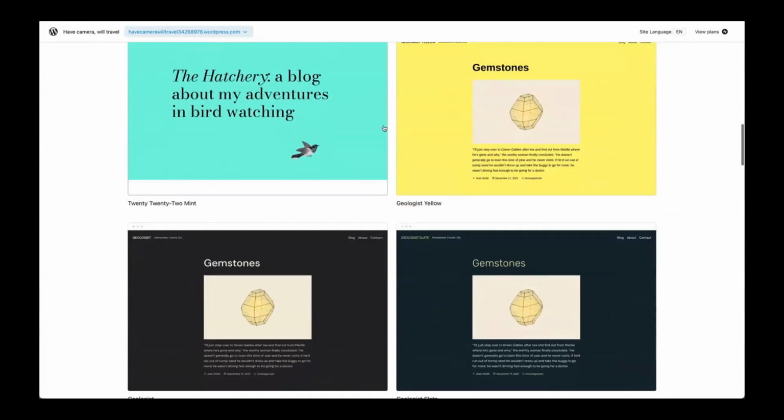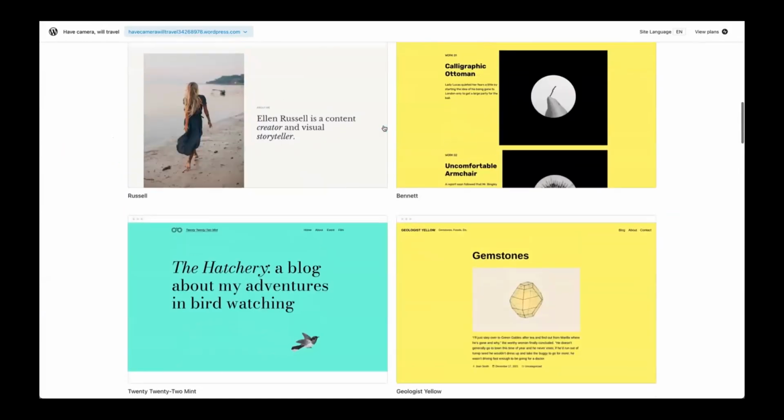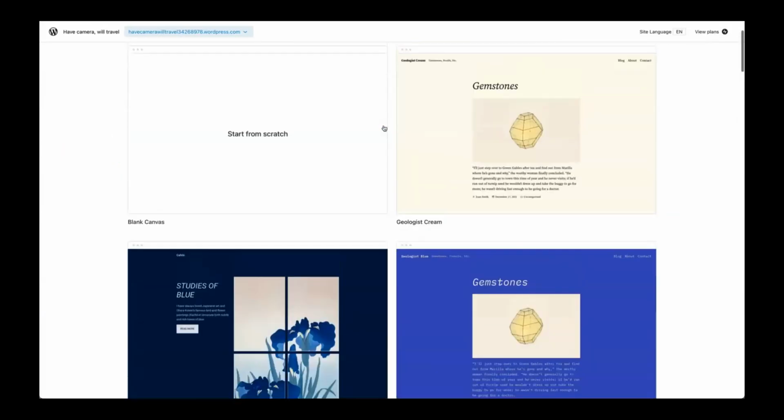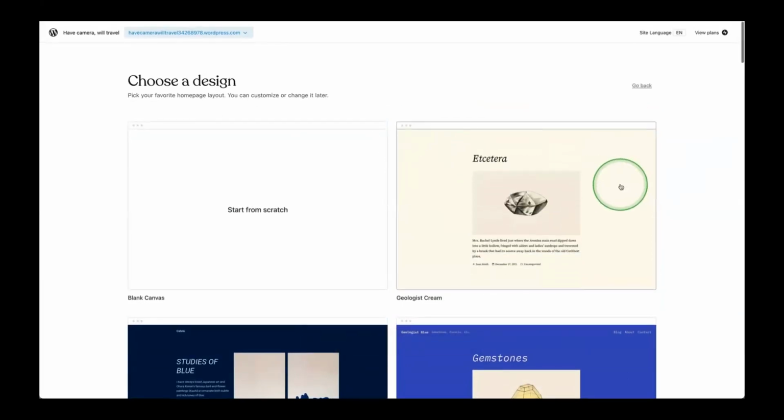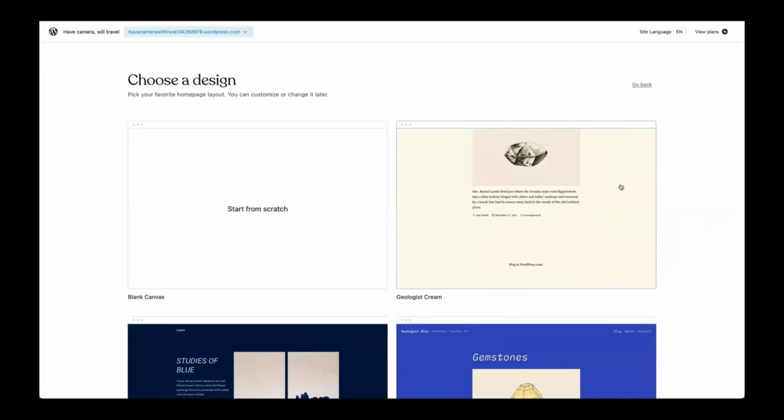And then now it's also time to choose a design, and we have quite a few themes here, and they're all for full site editing, so any one of these you pick will load the full site editor by default. So I'm going to choose this one, which I like sort of the open feel of it, and it already displays the images really well. It's a little bit more minimal than I'm looking for,